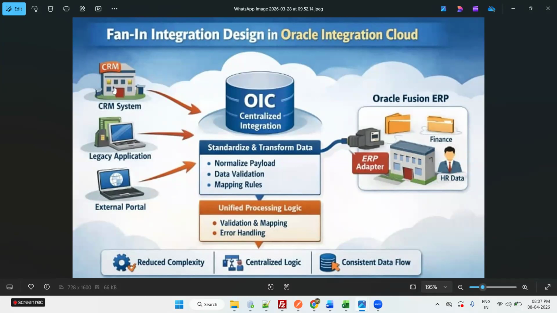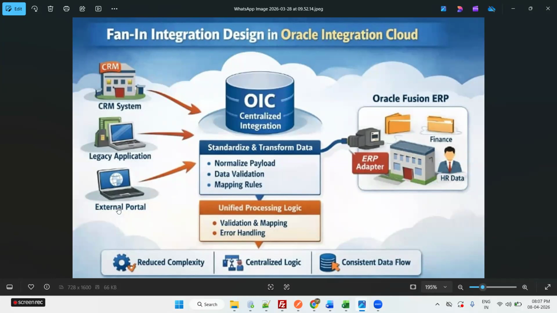Systems like CRM systems, legacy applications, or external portals. Do you know SAP, Salesforce, ERP, EBS? No, right? Microsoft SQL. Yes, yes. I just heard of it, but I am not aware of this. Yes. And somebody told me that without functional knowledge we can't do the technical. So I don't know any functionality in Oracle Fusion. What is that? No, no. Actually,